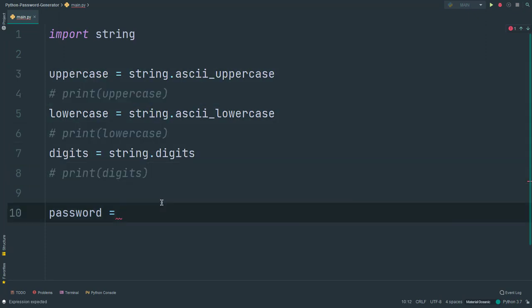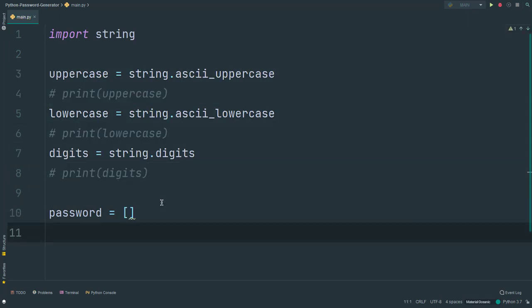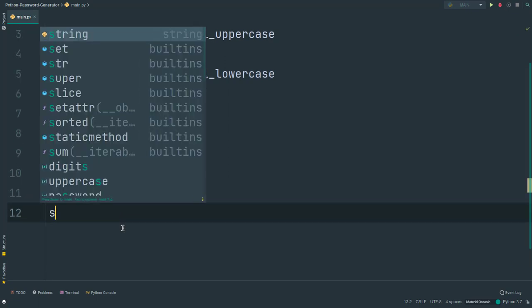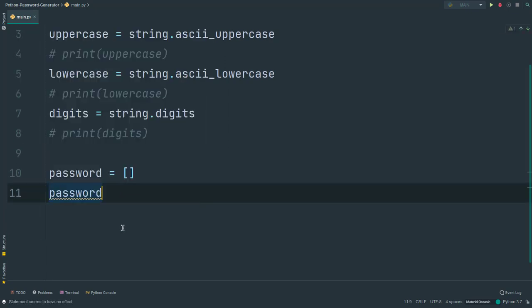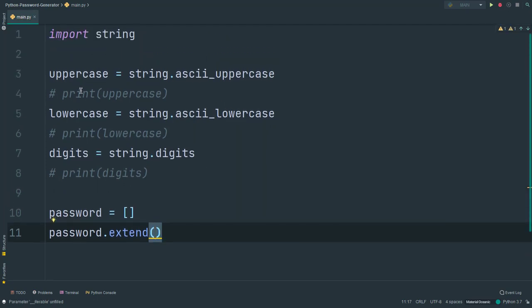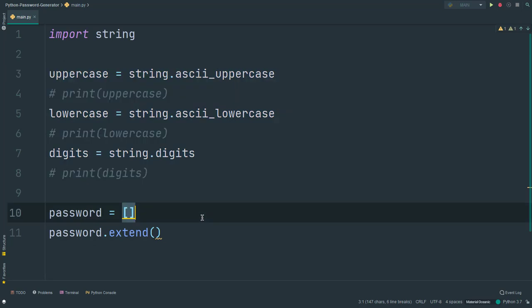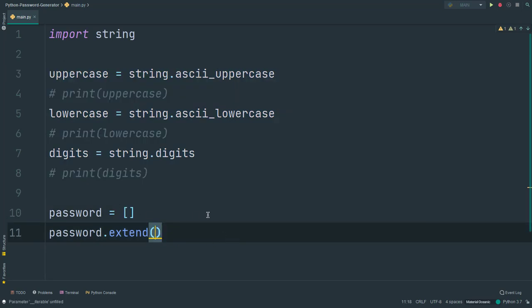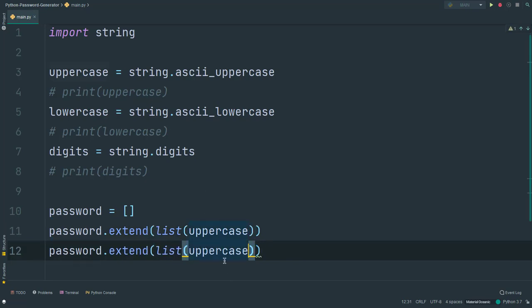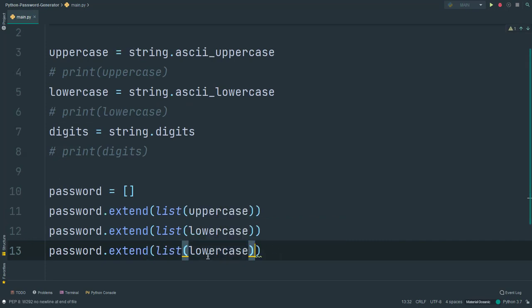Okay, so I'm going to say password is an empty list, and then I'm going to say password.extend, which means we want to extend one of these variables into the password list. So I'm going to say extend, and then list, and uppercase, like this. I'm also going to do this for lowercase, and also for the